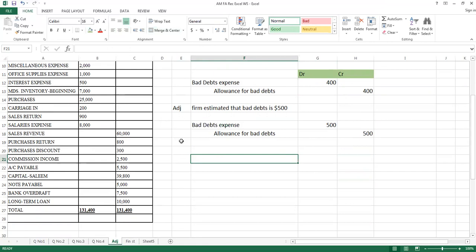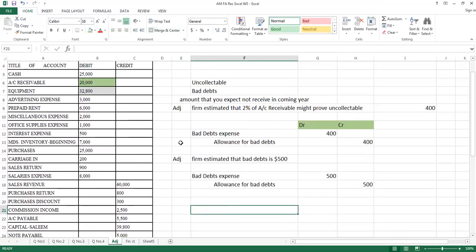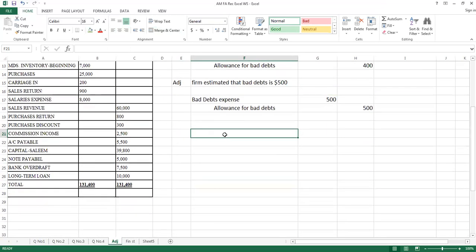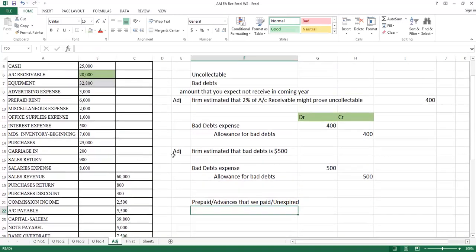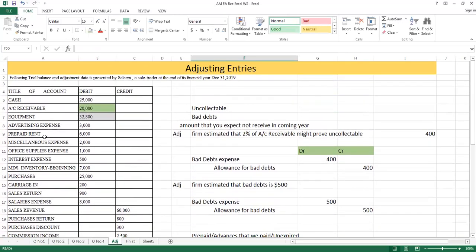Another very common entry in adjustment that you face many times in your question is related to prepaid, or advances that we paid, or sometimes the word unexpired is given in the question. So giving you a condition. Let's see. Right now,